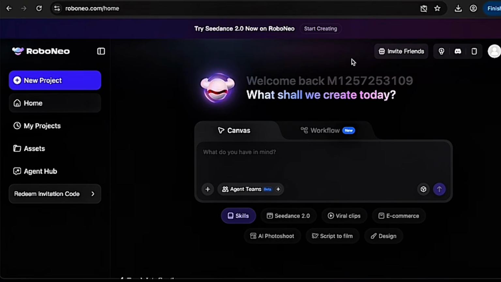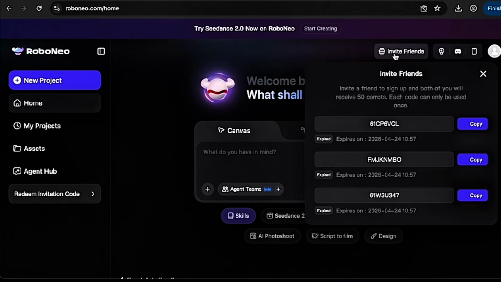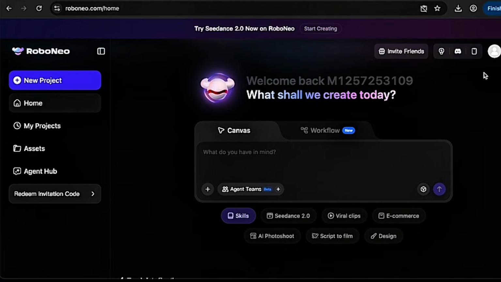So all you need to do is to come over here and click on invite. Now here you can see invite a friend to sign up, and both of you will receive 50 carats. So if you invite a friend to sign up, you get 50 carats, your friend also gets 50 carats. So all you need to do is to copy your code here and refer your friends. Once they sign up, both of you guys get free 50 carats. So the more people you invite to sign up, the more carats you get to generate your AI videos. This is basically how you can get access to Seedance 2.0, Kling Ai, and Veo 3.1 free with no upfront